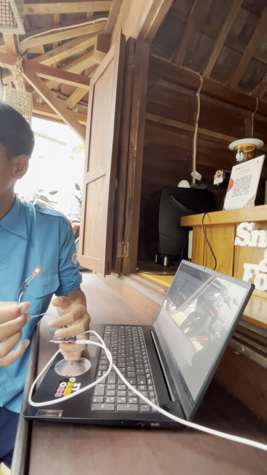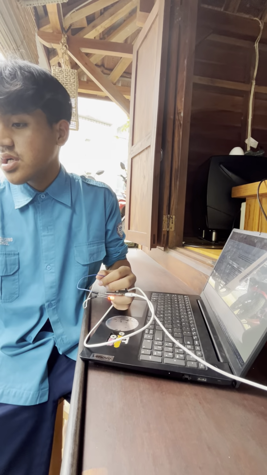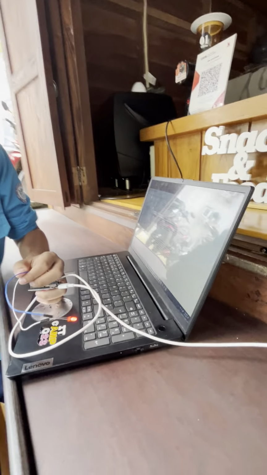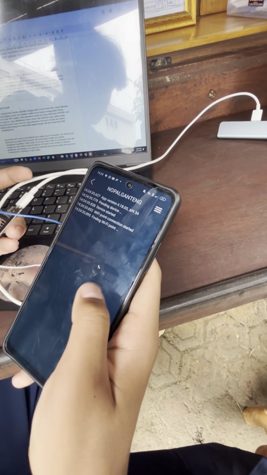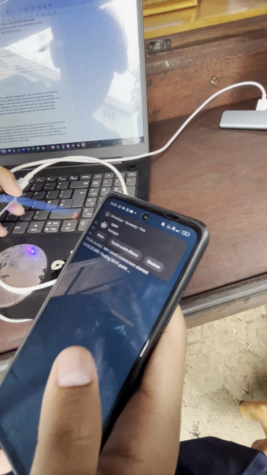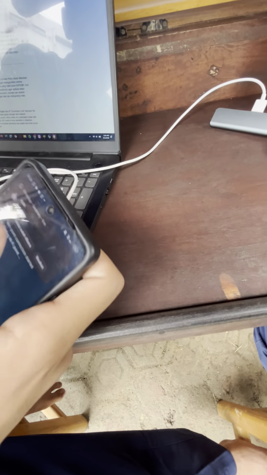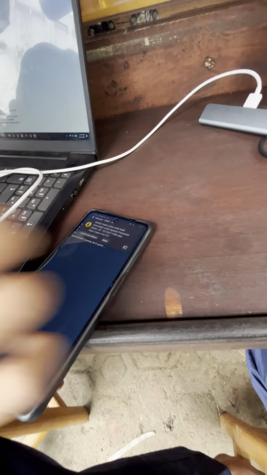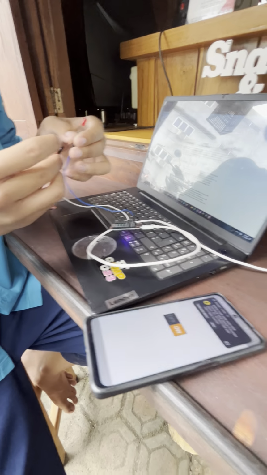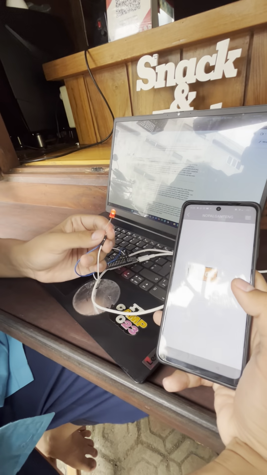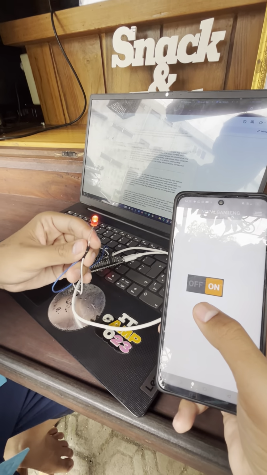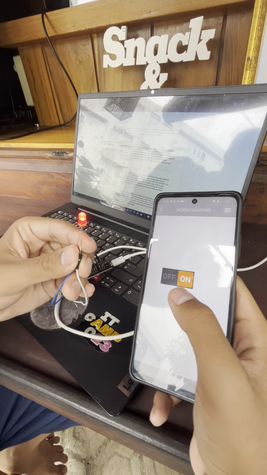demo the project. So here, in the remote XE, okay, now from the remote XE, the button is on and the lamp is on too.